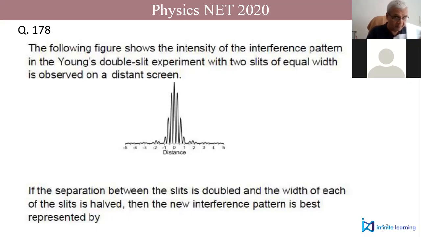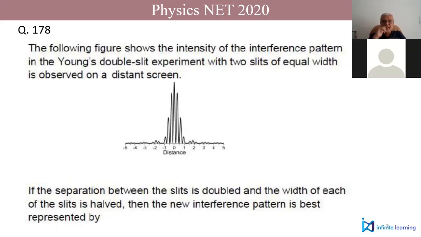Read this carefully. What does it say? You are given a double slit experiment, and what you see is a double slit interference pattern. The peak intensity varies like a diffraction maximum. These are interference lines; what you see as maximum is bright lines, and in between there are dark lines. But the variation of intensity, as you see in the envelope here, can you see my cursor? This is what happens when you have a diffraction maximum.